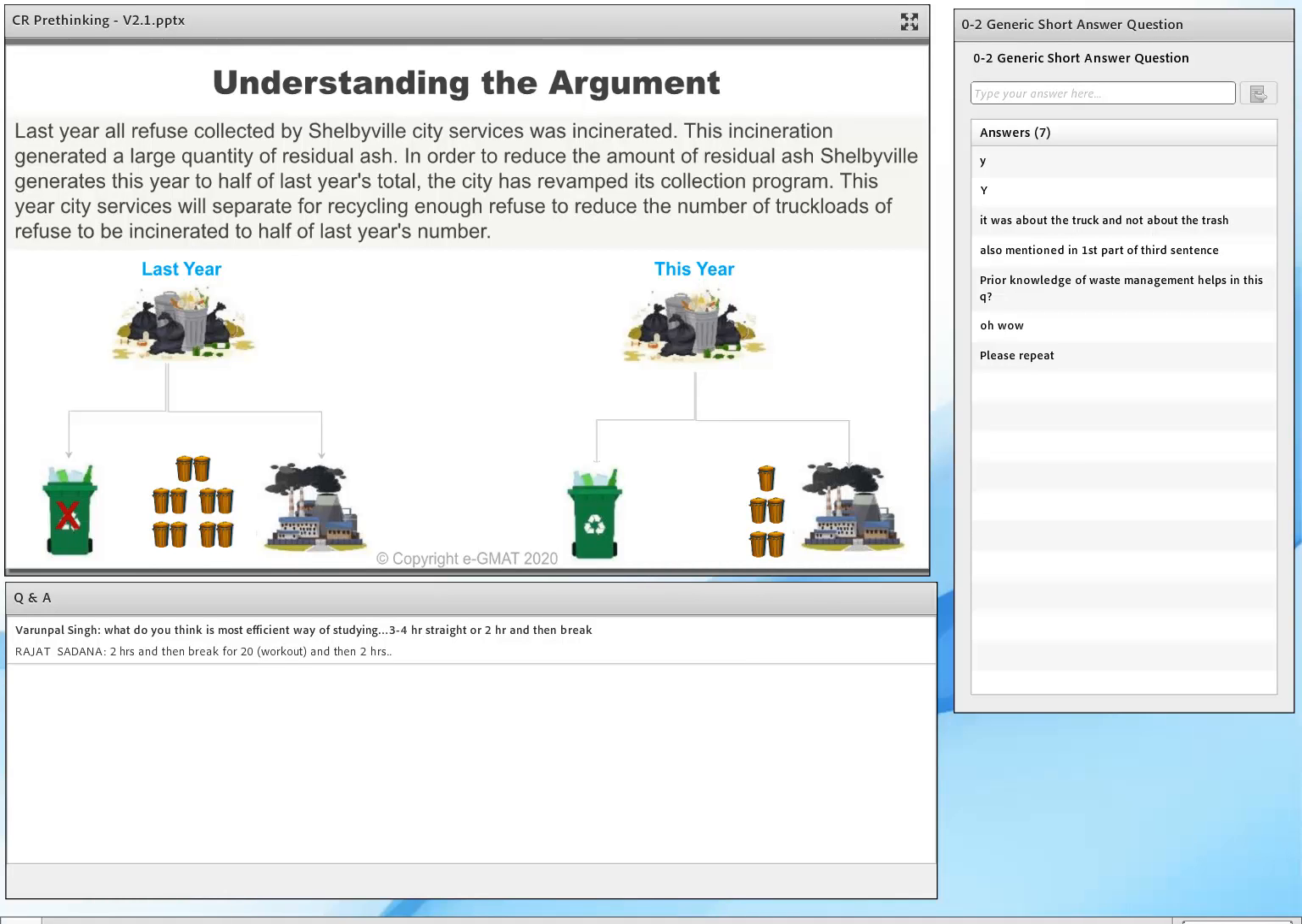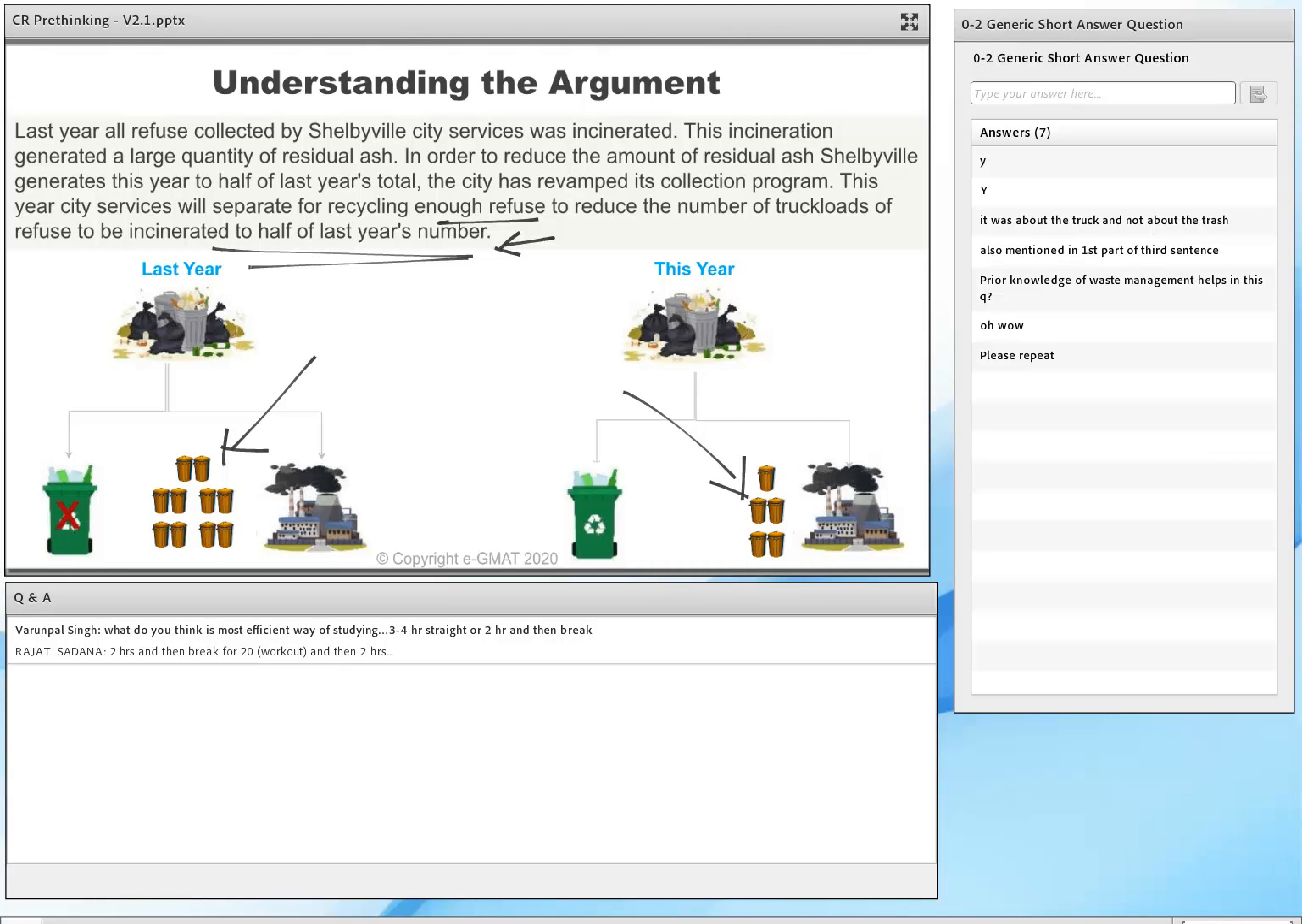This year, city services will separate enough refuse to reduce the number of truckloads to half of last year's number. So what is it that we are really saying? We are saying it doesn't matter how much refuse I collect. If I sent 10 trucks last year, then this year I'm only going to send 5. The quantity of refuse as a material. Okay,